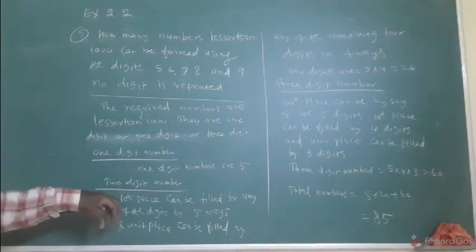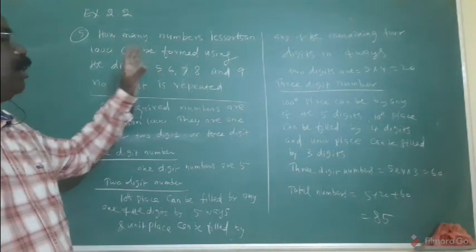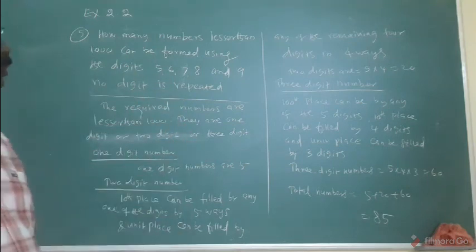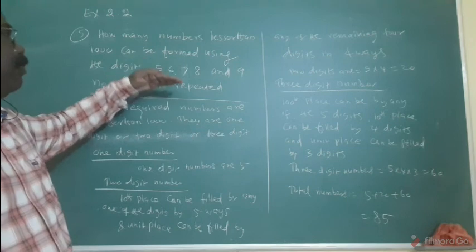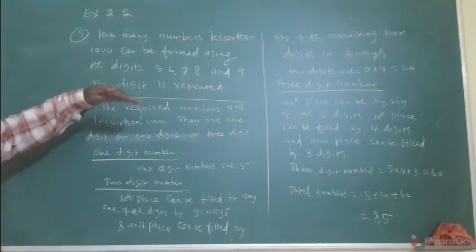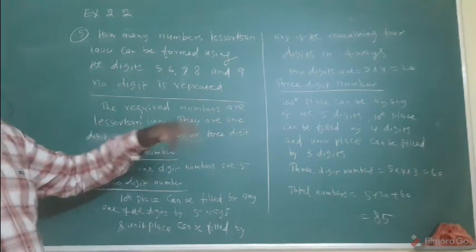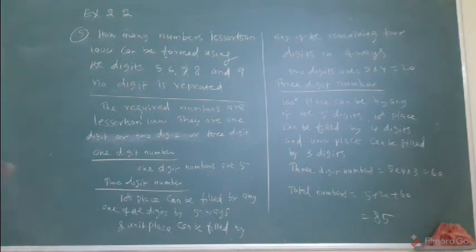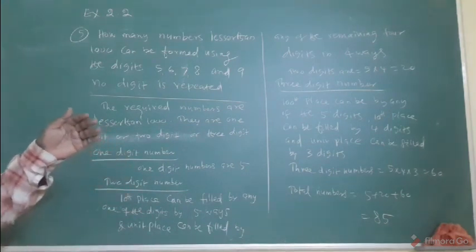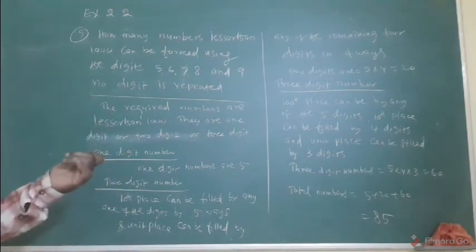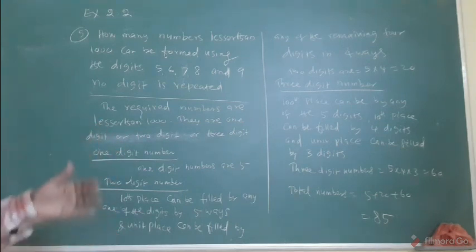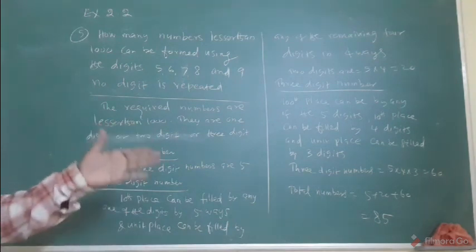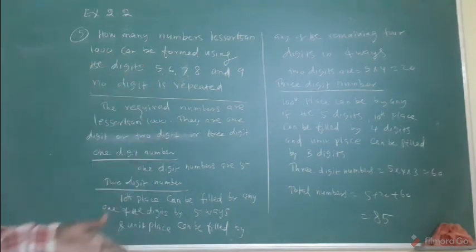Single digit means out of 5 numbers we have 5 ways. For 2 digit numbers, the first number can be chosen in 5 ways, and with 1 number allotted, the remaining 4 numbers give 4 ways, therefore 5 into 4, 20. Similarly for 3 digit numbers, first 5 ways, then the remaining 4 ways, then 3 ways. Now 5 into 4 into 3 is 60. Adding 5, 20 and 60, you get the answer 85. That is the answer.